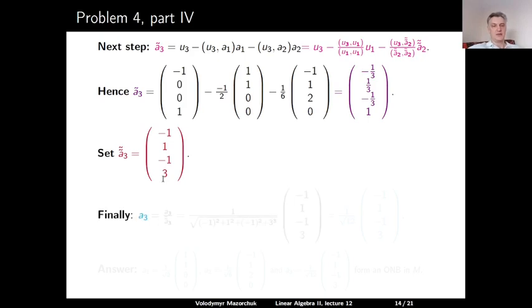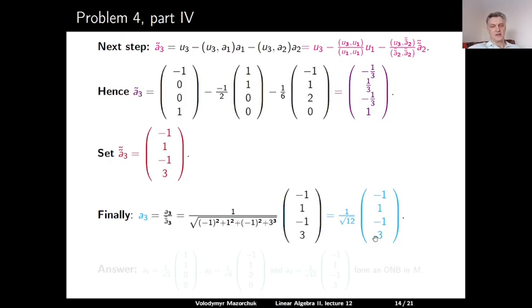now normalize. So we divide it by its length. So A3 is A3 tilde divided by the length of A3 tilde. This should be this formula, which is equal to minus 1, 1, minus 1, 3, with the coefficient 1 divided by the square root of minus 1 squared plus 1 squared plus minus 1 squared plus 3 squared. And we get that this vector minus 1, 1, minus 1, 3, with the coefficient 1 divided by the square